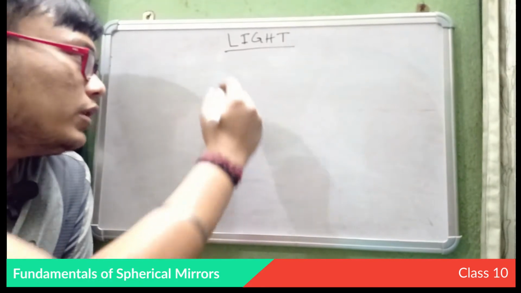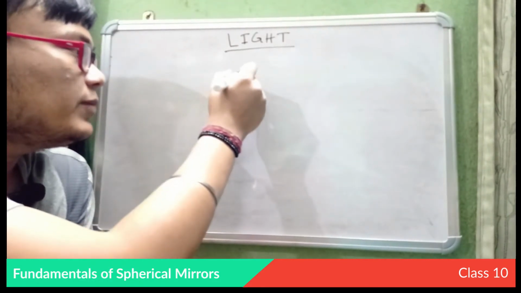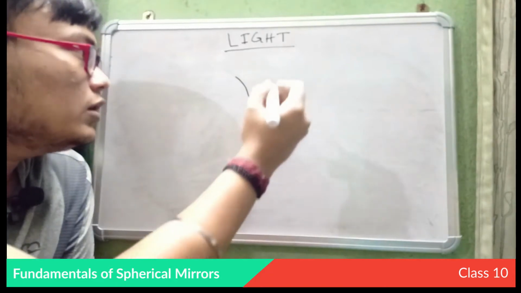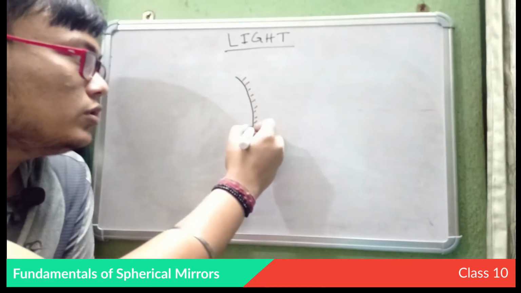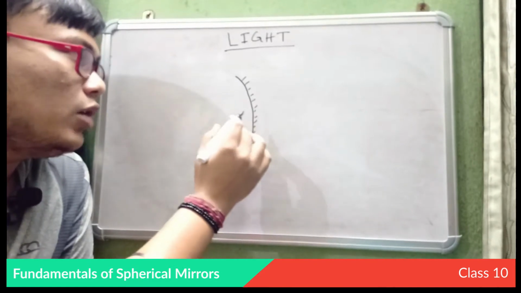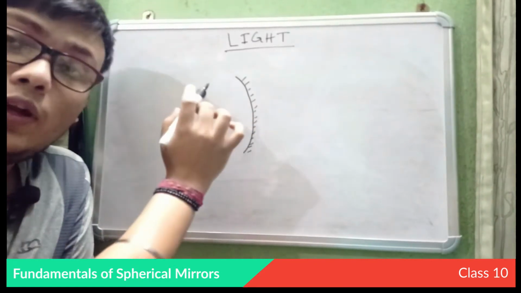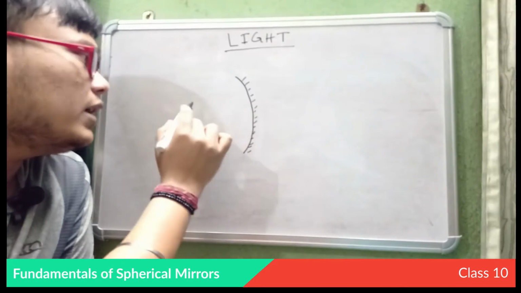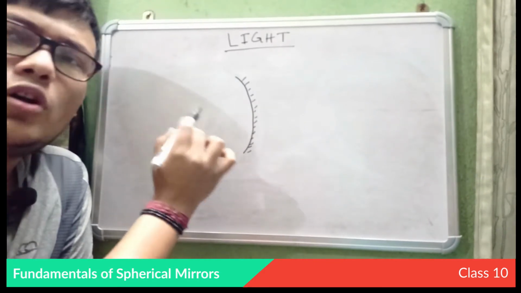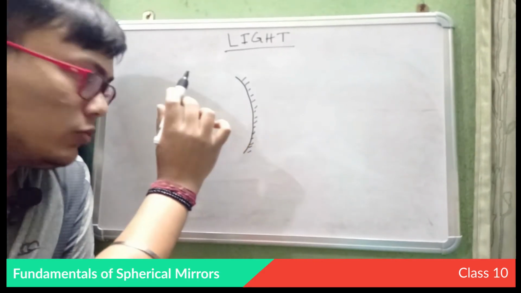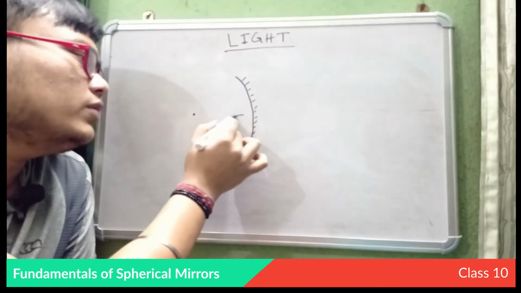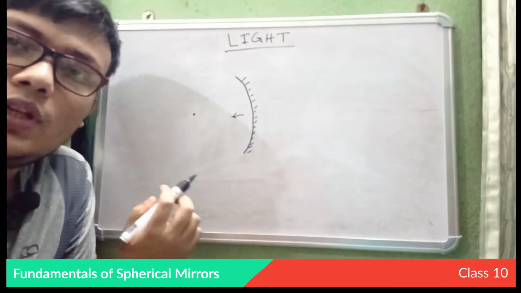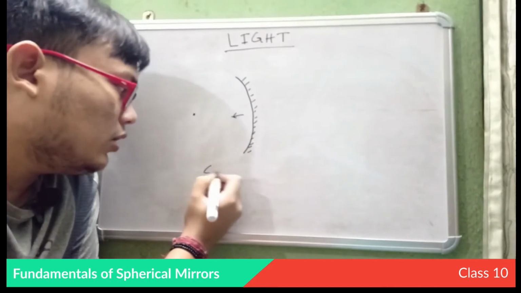A concave mirror is nothing but a spherical mirror where the polished surface is towards the outside. If it is a part of a hollow sphere, and this is the center of the hollow sphere containing the concave mirror, then the reflecting surface is towards the inside, that is towards the center of the hollow sphere. So this is a concave mirror,